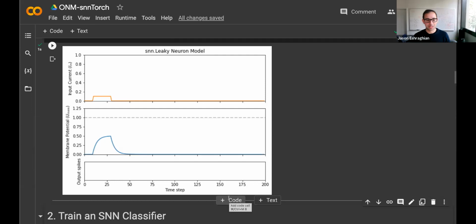So as this membrane potential is increasing, we see that there's some sort of threshold, right? So the spike activity of a leaky, integrate, and fire neuron is determined by this threshold. And we need the membrane potential, or the hidden state, to reach that threshold in order for spiking activity. And we can see that here the threshold is about twice the value of the membrane potential's peak. So this clearly isn't enough for any spikes to be generated. And if we were to construct a network, there would be no spikes being triggered to downstream layers.